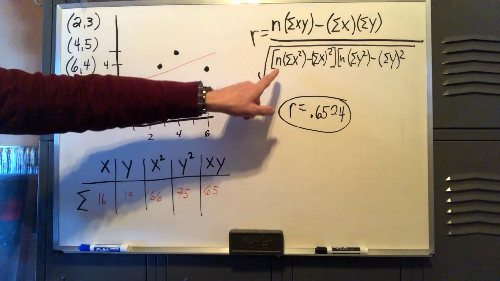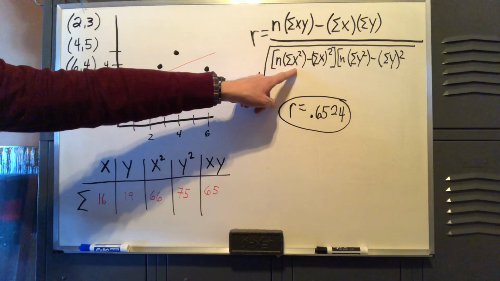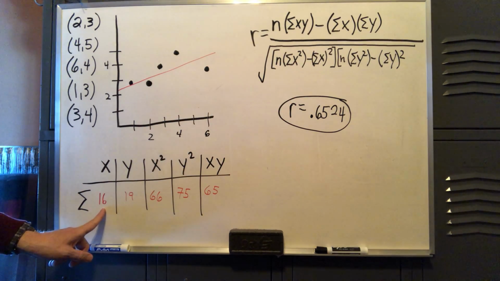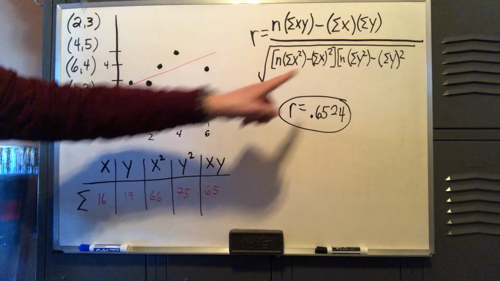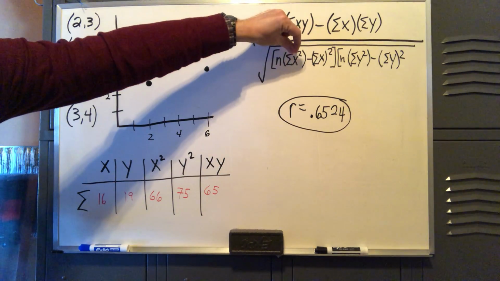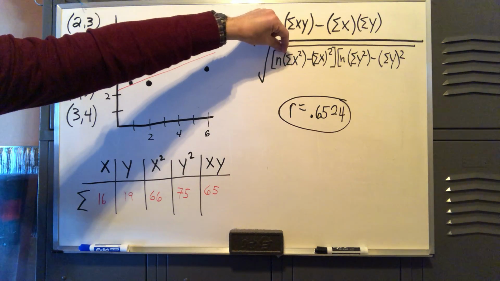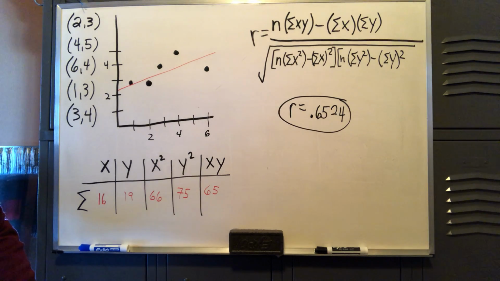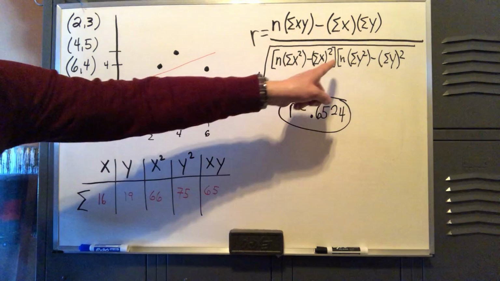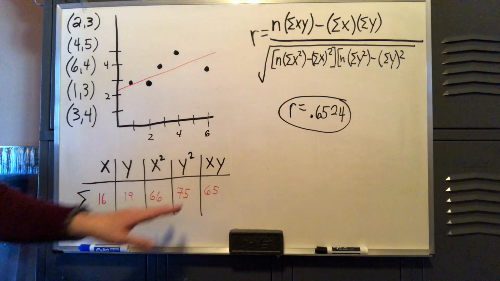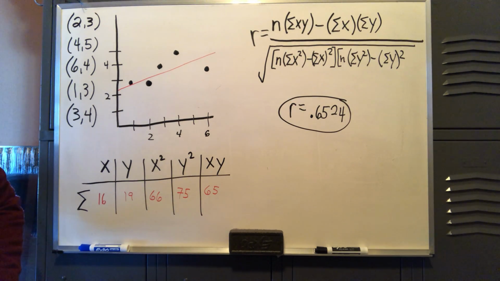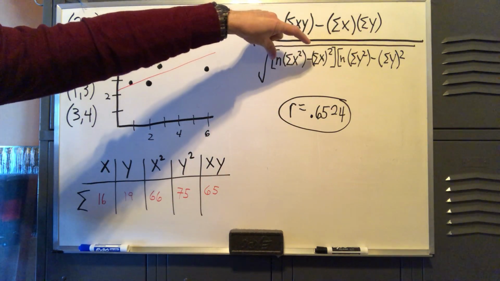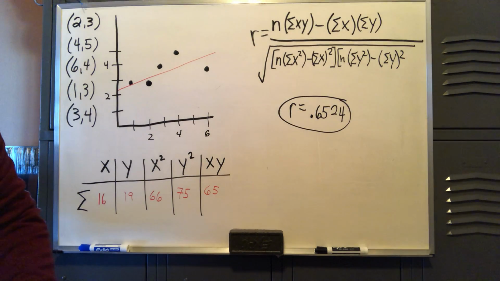In my denominator, remember, n is 5, and then I substitute my value for sigma x squared, 66, minus sigma x, which is 16, and then we square it. Sigma x first, then square it. Then subtract these two. n has to be multiplied first. Remember, multiply before you subtract. And we're going to get a single number. By the way, that single number is 74. Then we plug in our values for the y's based on our table, and I get a single number. I'm going to have 74 and 14, and when I multiply those two, I get